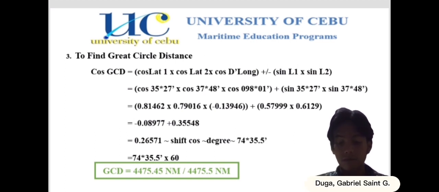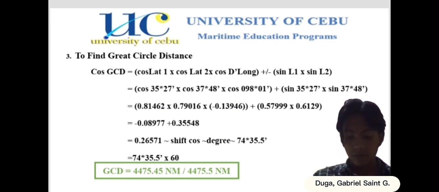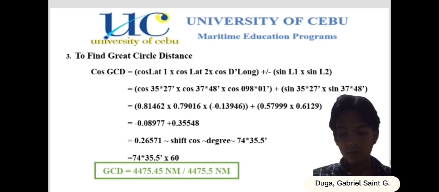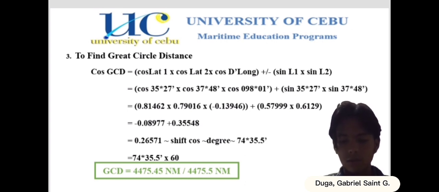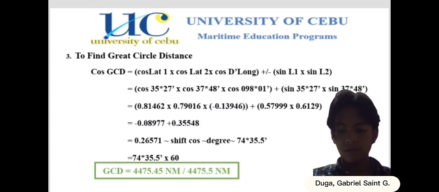How to find the great circle distance. Cos GCD equals cos latitude 1 times cos latitude 2 times cos difference of longitude plus or minus sin latitude 1 times sin latitude 2 equals cos 35 degrees 37 minutes times cos 37 degrees 48 minutes times cos 0 degrees 98 minutes 01 plus sin 35 degrees 37 minutes times sin 37 degrees 48 minutes equals